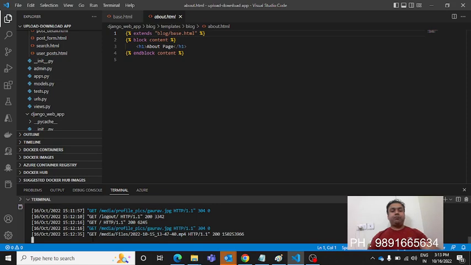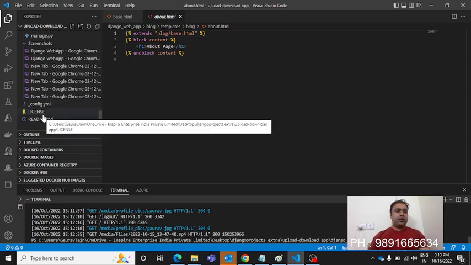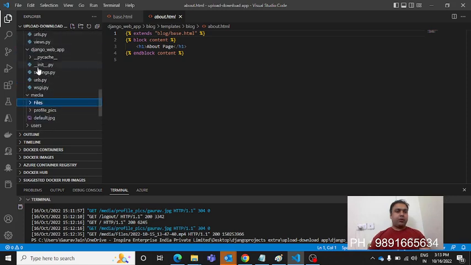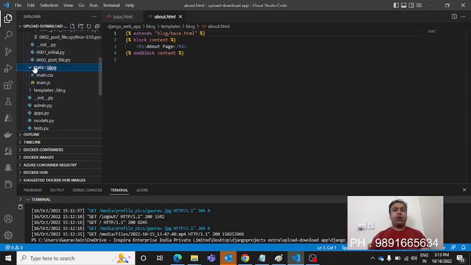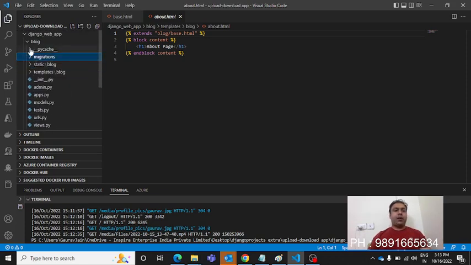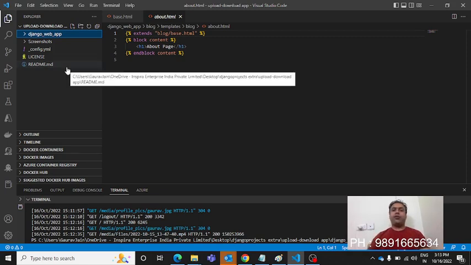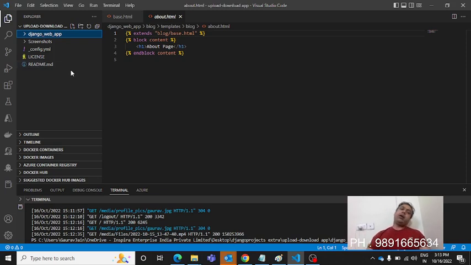Now let me close all these folders here, because I have to guide you about how you can make this application work perfectly on your device. Once you're done downloading the application, you can open it in Visual Studio Code. You need to have Django installed on your device. That's the first requirement. The second requirement is that in case you come across issues, where it shows that there are libraries which are not installed on your device,